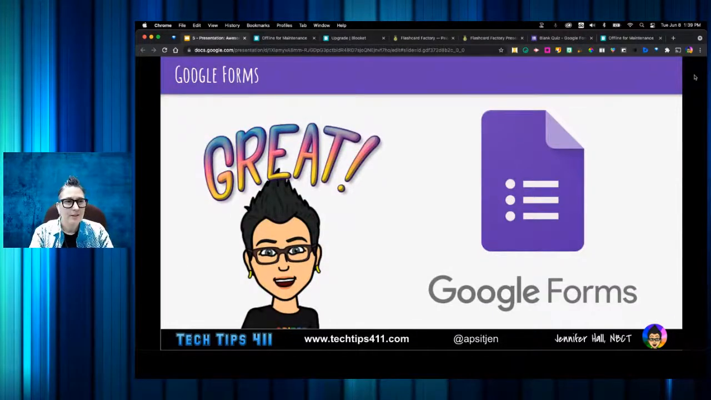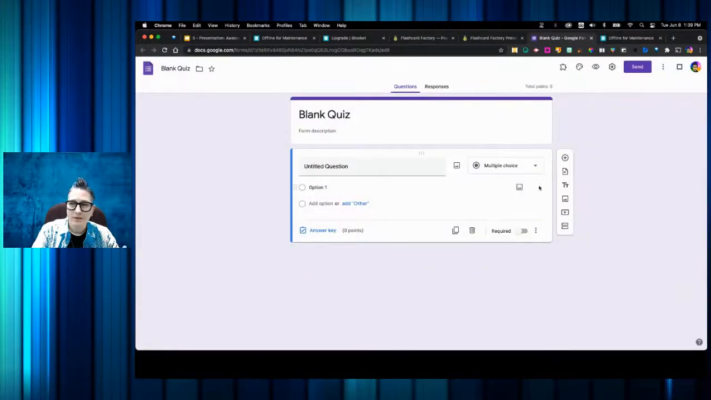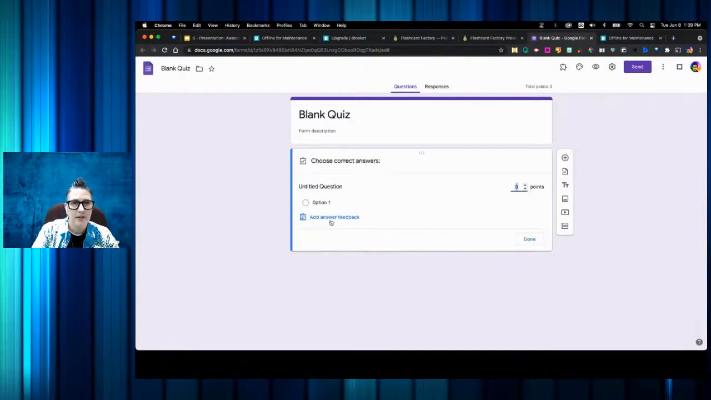So the last tool that I wanted to talk about is actually Google Forms. And you might be thinking, Jen, how can you use Google Forms for a game-based assessment? Well, the power of Google Forms is that you can create an assessment, you can turn it into a quiz by using the answer key option, and you can put in correct answers, and you can even provide answer feedback. So this is where you can actually